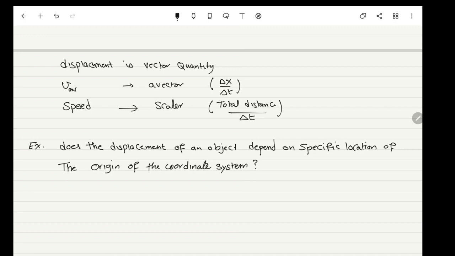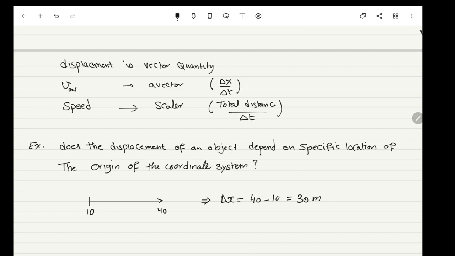Taking this example, for instance, an object is moving from position 10 to 40 in one dimension. In this case, the displacement equals 40 minus 10, which equals 30